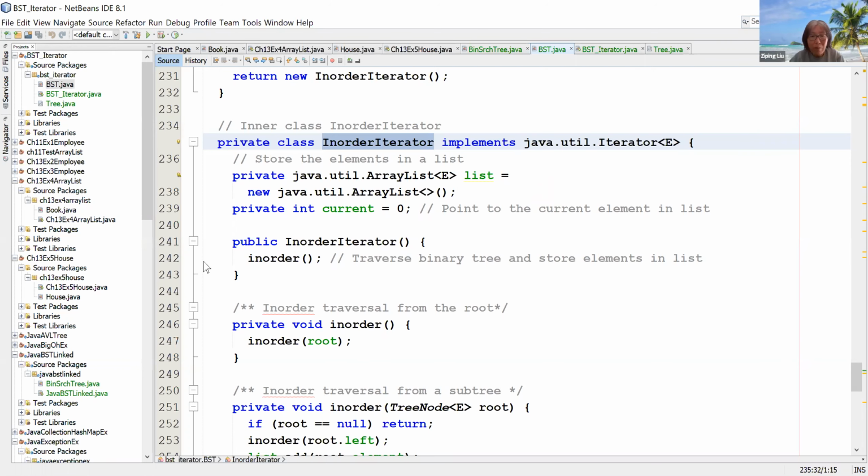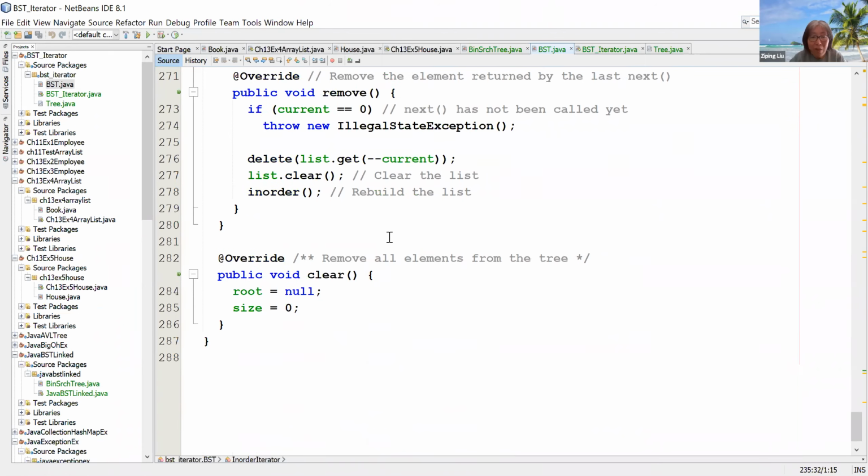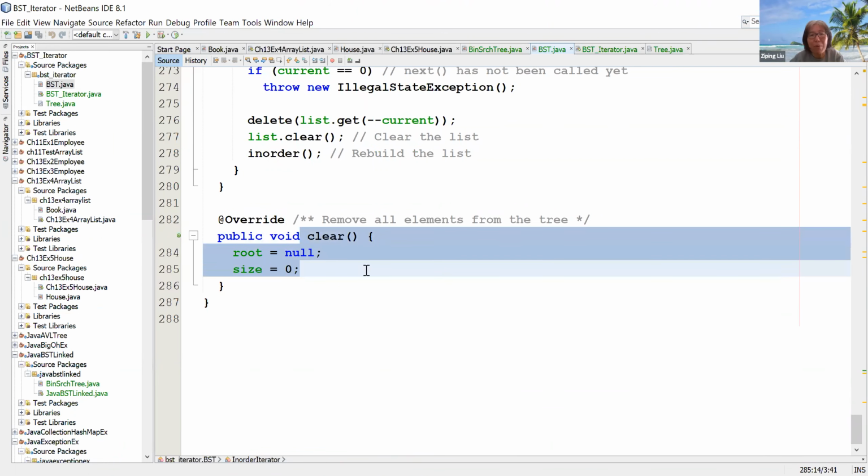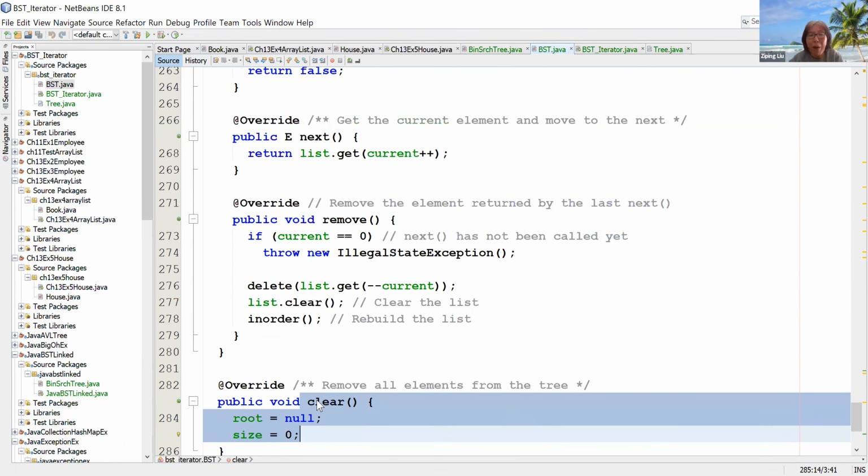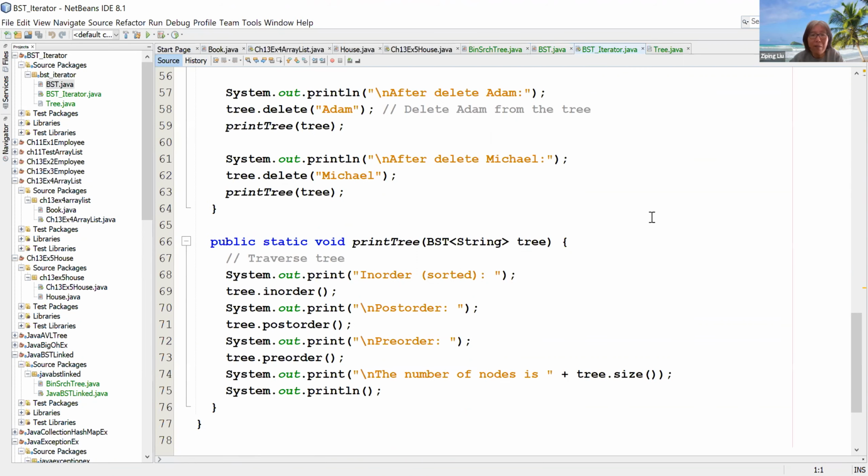Okay, so hopefully I got all of the points clear here. This method clear is pretty simple. Okay, that's binary search trees. We get this one clear. And then next, let's take a look at